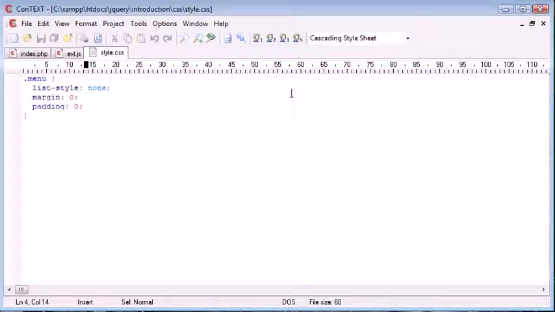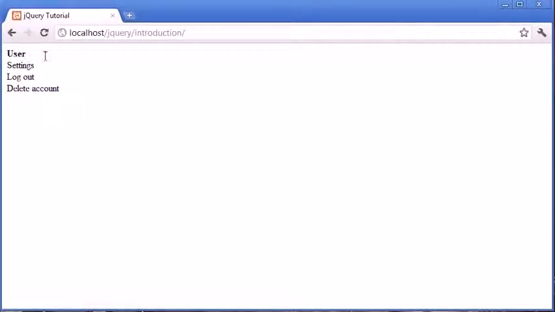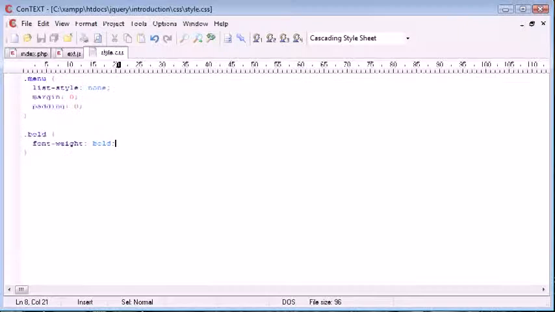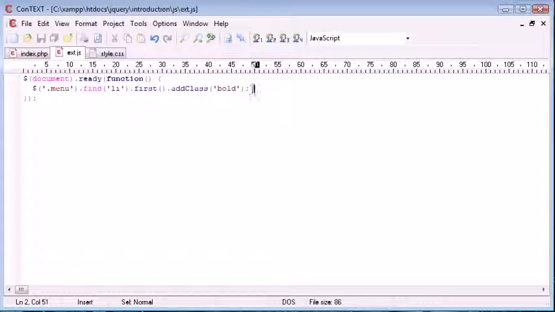And inside style.css we can go ahead and create that class, and that will be font weight, oh sorry, not null, bold. So now when we refresh, you can see that the first element is bold. And now what we could go ahead and do is say,